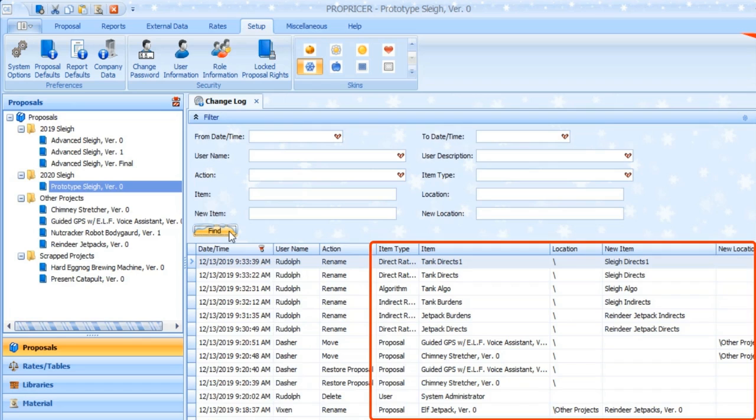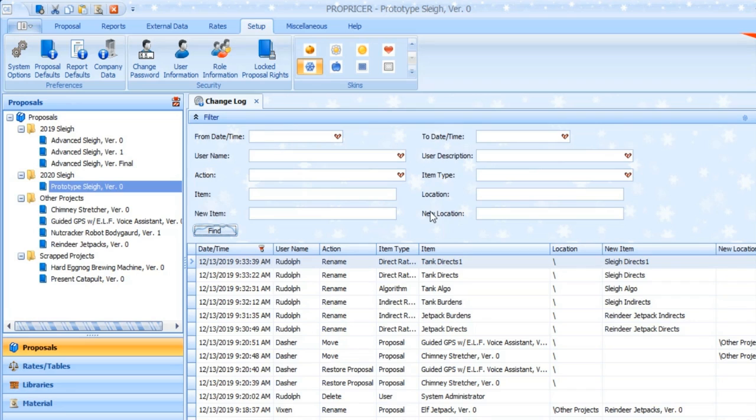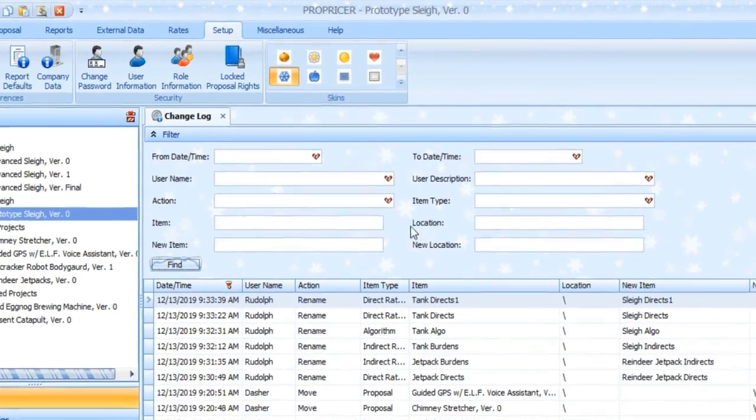To view all the events that have taken place, you can leave this top grid empty before selecting Find, like we just did. Or, if you'd like to narrow the scope of the events that you're searching for, you can apply a filter. The changelog can be filtered to show events from a specific day,